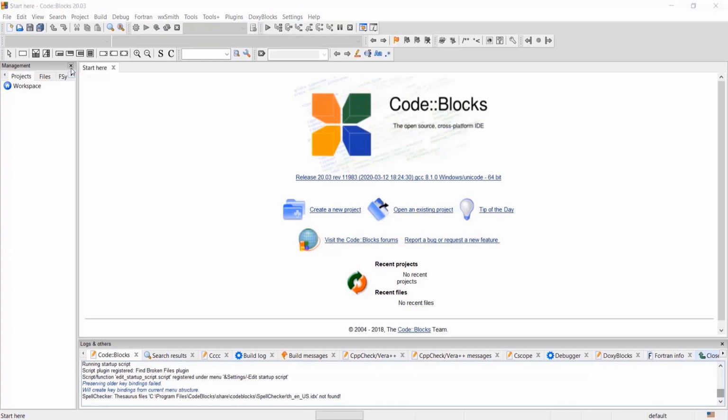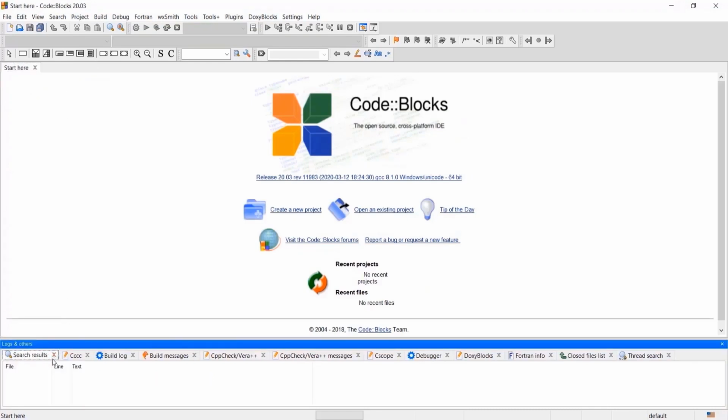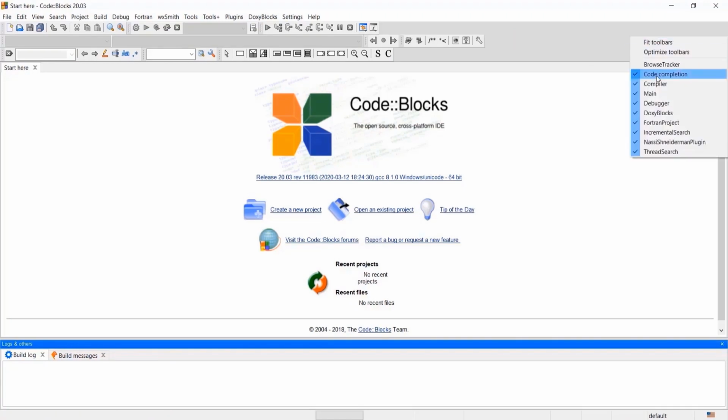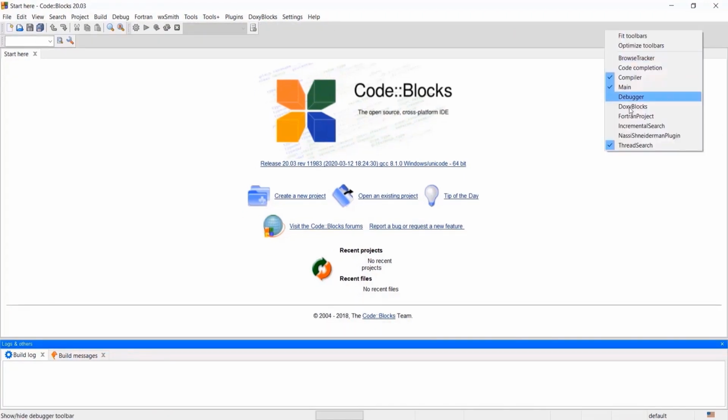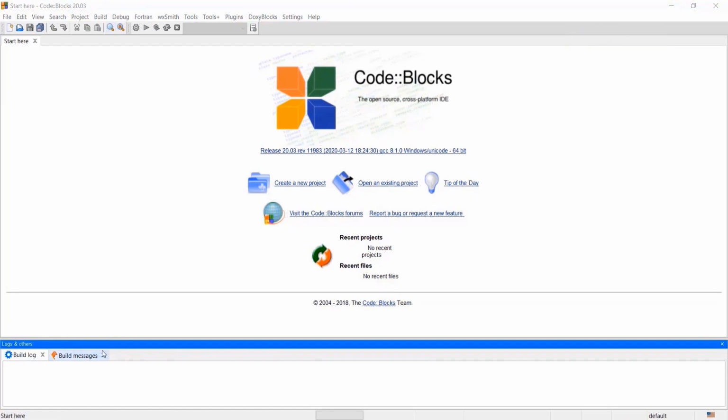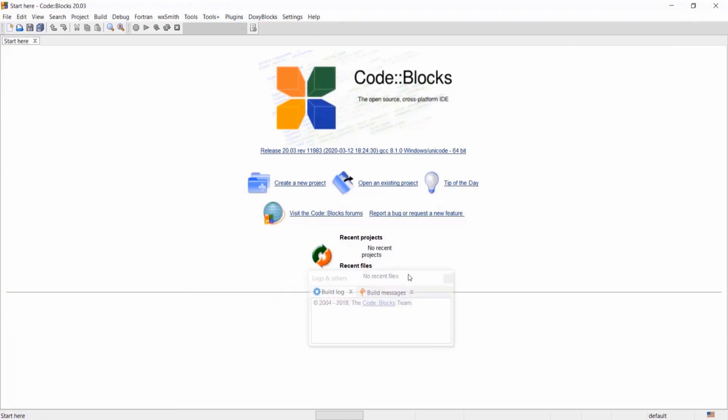So first I close the Management tab, then Codeblocks, Search Results. I just keep Build log and Build messages because these two tabs show the errors of the code. Now I right click on this particular area and uncheck this toolbar. Just keep Compiler and Main, okay? Now we hold the right click on Logs and other window and bring it to the rightmost until we get the blue shadow. Yes, we get it, so we drop it